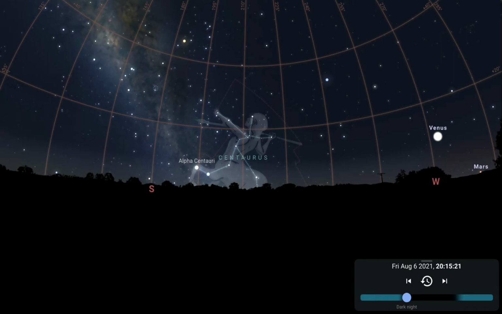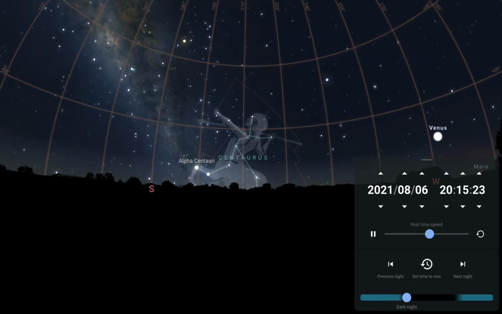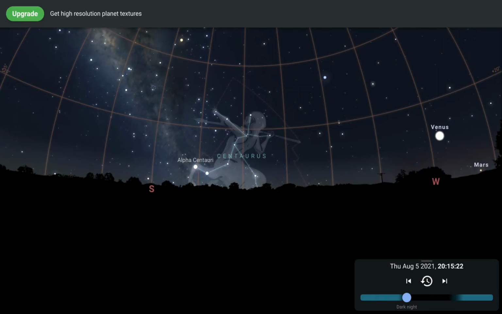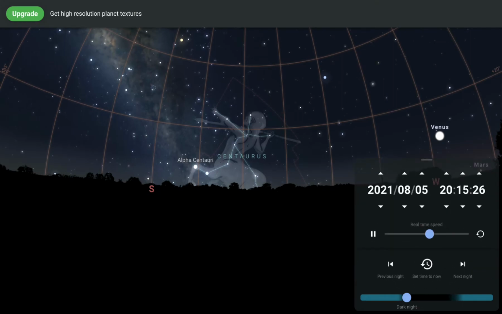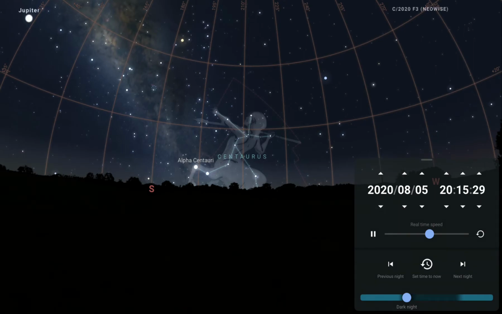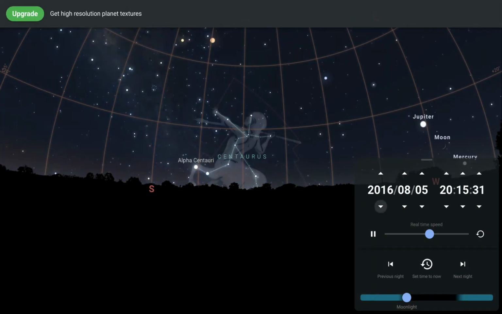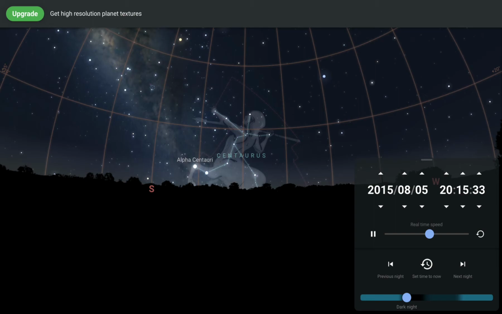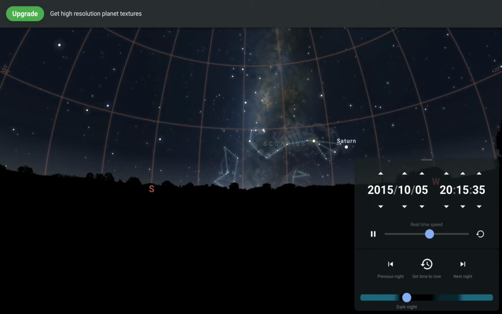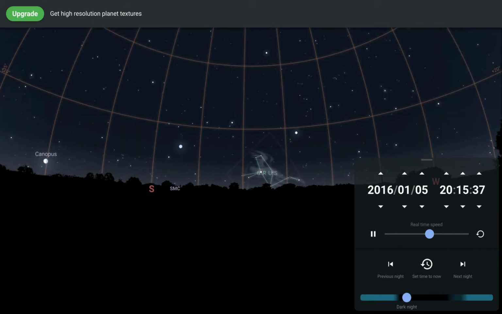You just have to do it like this. If I click here, you can change large timing. If you click on this, you will be able to see 2020, 19, 18, 17, 16, 15. You see that? 8, 9, 10, 11, 12. Then here also you can change the timing.